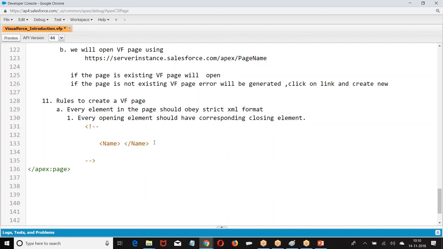Now if I have anything to write in between, name Satish. If I have anything to write in between, I'll give opening, then I'll give close. If I have nothing to write in between the body, then I'll give name. If you want to write anything in between the element, I'll go with open, write the things, close it. If I don't want to write anything in between open and close, I'll do it in a single line. Are you getting? Open as well as close.